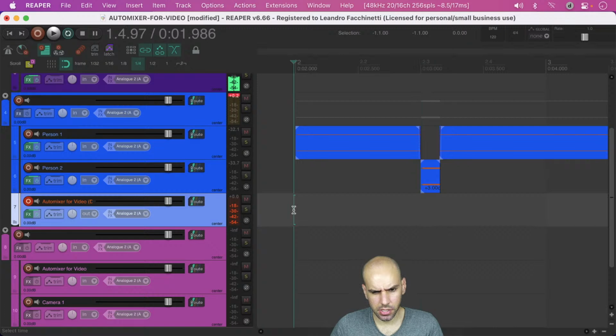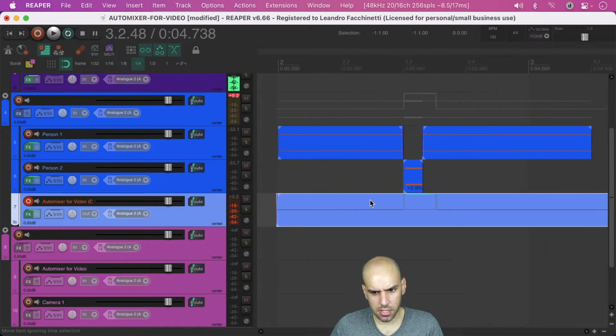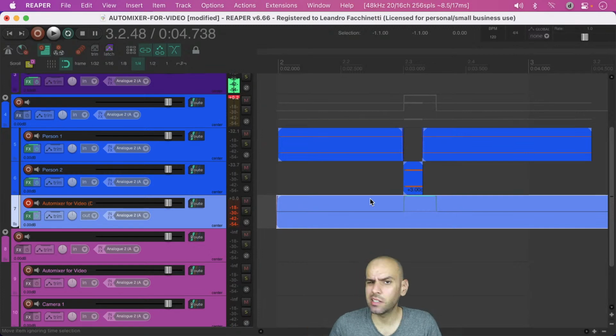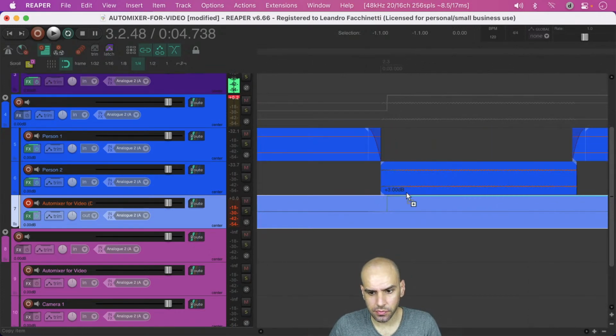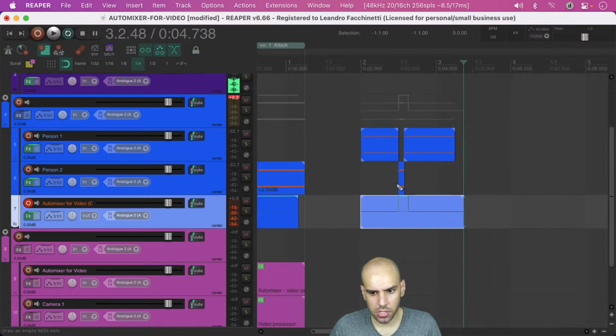Isn't that weird? Let's play this again. Yeah, it seems to be consistent. Is hold already working by magic? I don't think so. But for whatever reason, it decided to go to person 2 very fast, but to come back to person 1 somewhat more slowly.